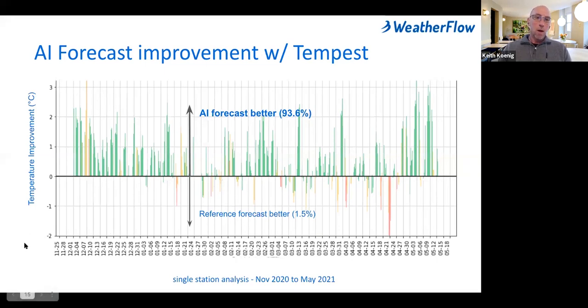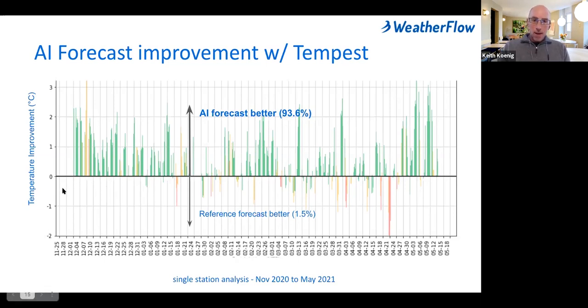This is a very detailed analysis of one station on the parameter of temperature in a very difficult topographical environment in coastal California. We found that the AI forecast, when compared post-hoc to the actual data, dramatically outperformed the best available other forecasts in the world for this region 93.6% of the time.